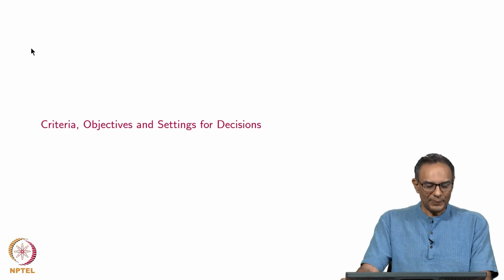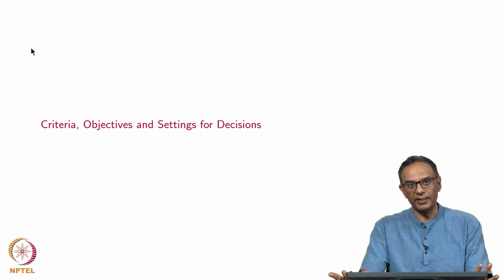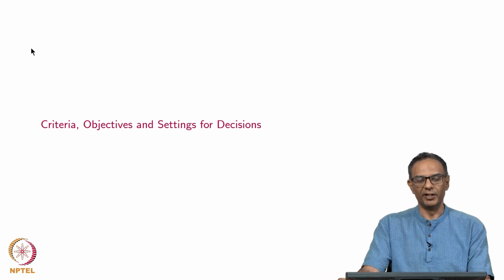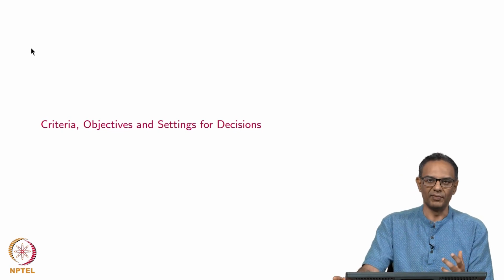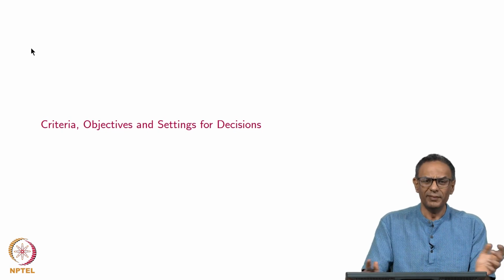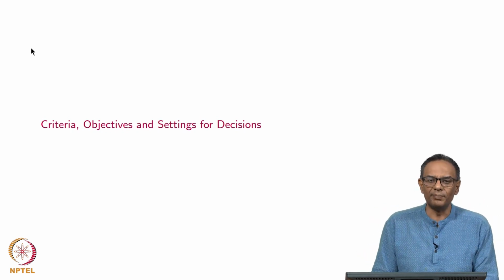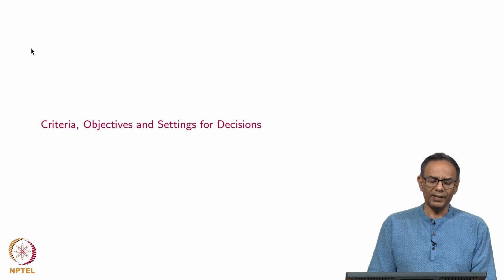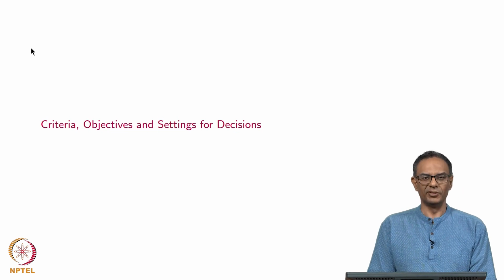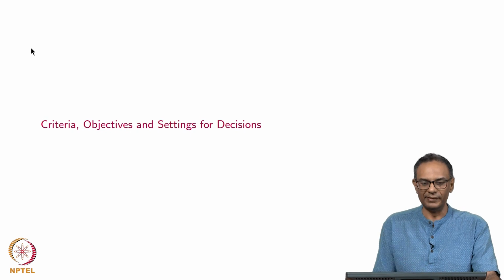Okay, so we spent some time talking about characterizing random variables, such as writing down the random variable form, discrete, continuous, expected value, variances, sums of random variables, central limit theorem. These we will all use a lot in this course. Another very important aspect that I want to touch upon before we complete this topic is: what are the criteria for making these decisions? What are the objectives? What are the settings? These are things that we'll talk about in the next few slides.